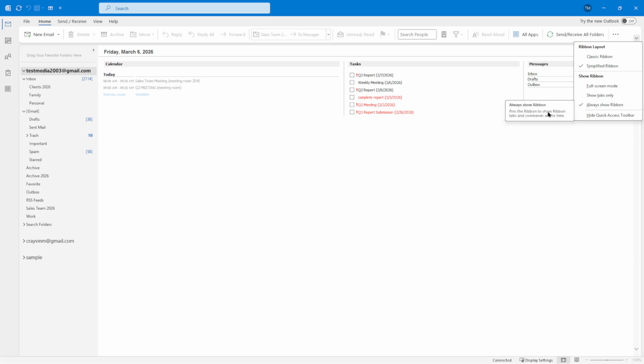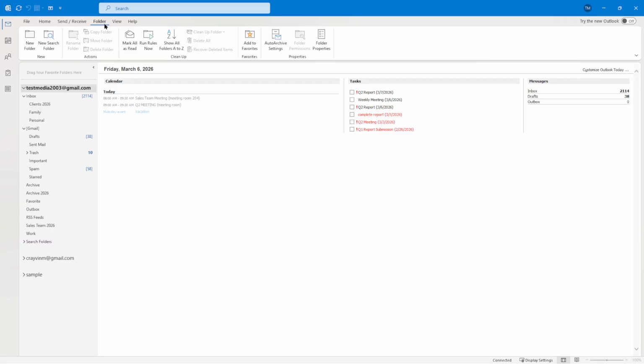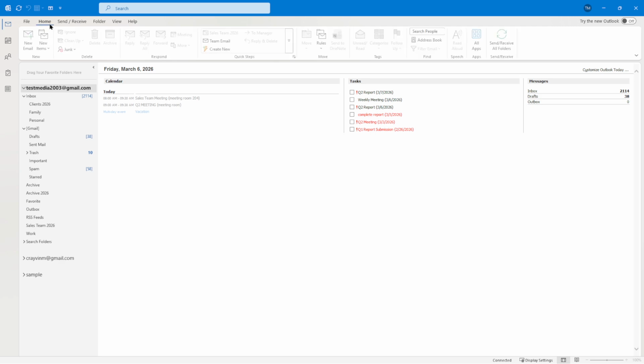The moment you select it, the ribbon expands across the top of Outlook, revealing commands under tabs like Home, Send, Receive, View, and more. That's exactly what most people expect to see during day-to-day email work. At this point, the full ribbon should be visible again. If you previously found yourself clicking a tab and seeing commands appear only temporarily, this change stops that behavior and